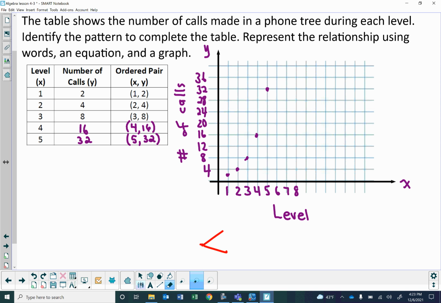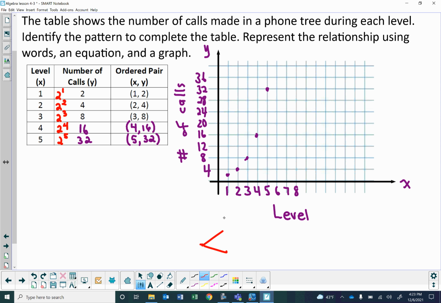And you might say, well, 2 is the same thing as saying 2 to the first power. 4 is the same thing as saying 2 to the second power. 8 is actually 2 to the third power. 16 is 2 to the fourth power. And 32 is 2 to the fifth power. So I can look at this and go, oh, 2 is very important because everything started with those